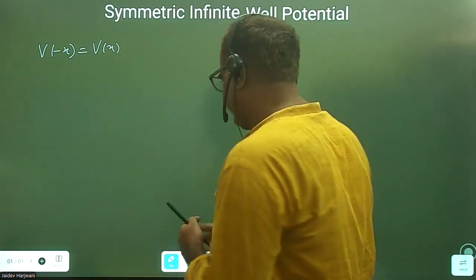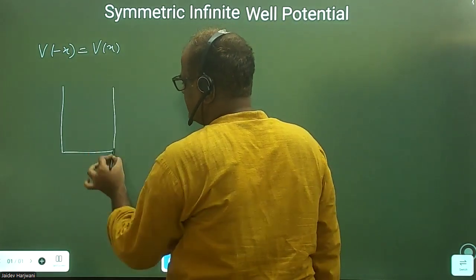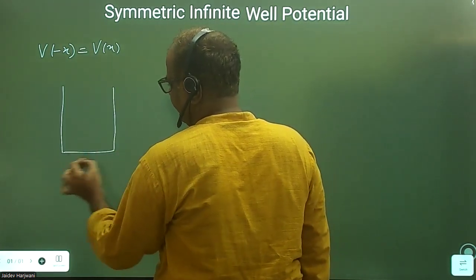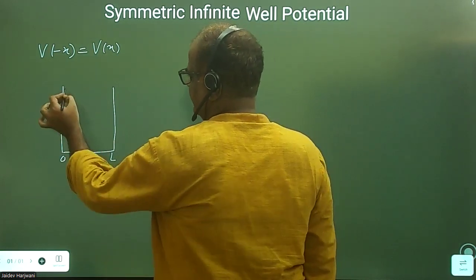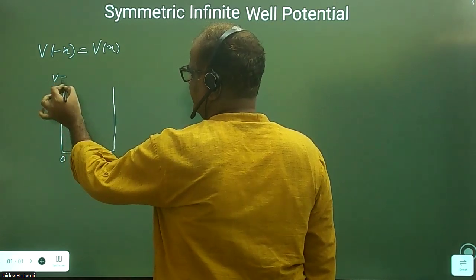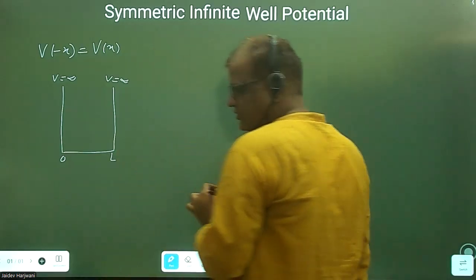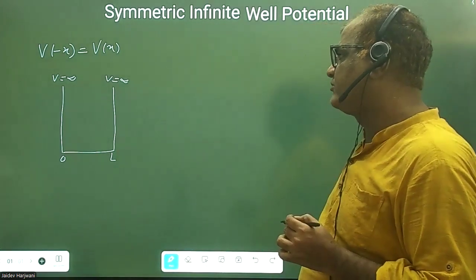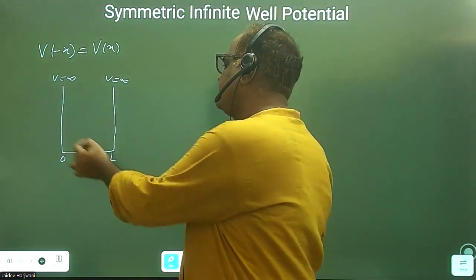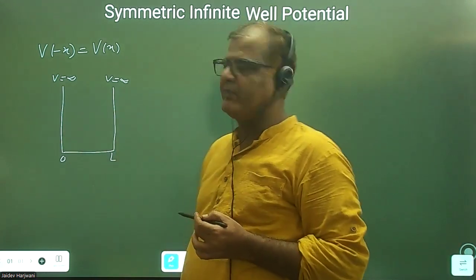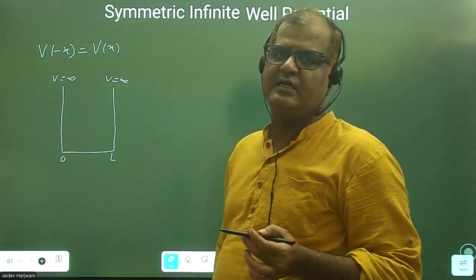In my last class, I was discussing the infinite well potential. We have seen that if my particle is trapped between two walls, where the length of the well is 0 to L, a one-dimensional well with rigid walls, V is infinite here. That means the particle cannot move or escape from this one-dimensional box. And we have calculated the wave function and energy eigenvalues permitted in this well, and we also discussed the symmetric